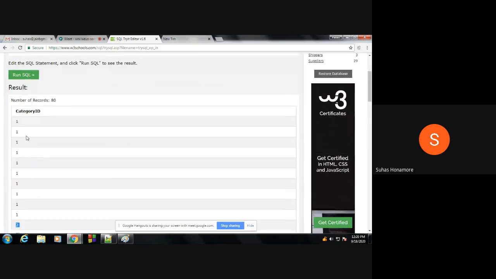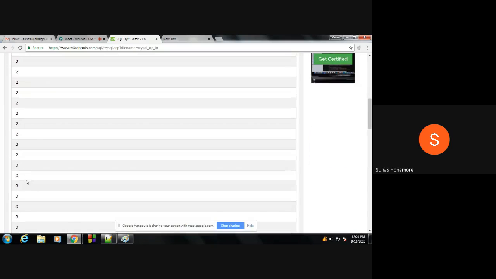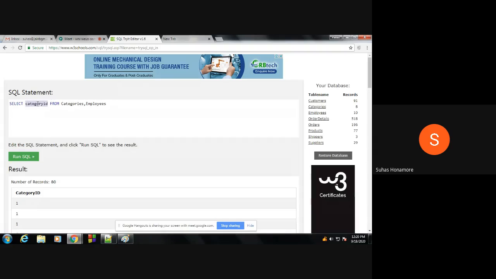Whenever I give FROM with these two tables, the Cartesian product will happen, and inside the system it will save 9 columns and 80 rows of data. From that, I'm extracting this single column. Like that, I can extract whatever I want.